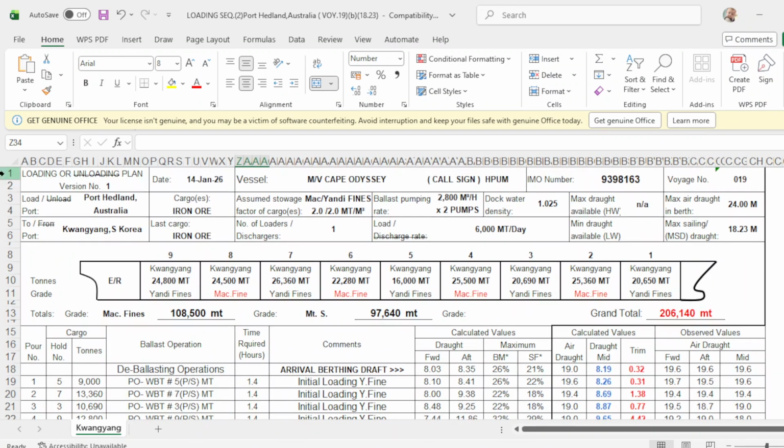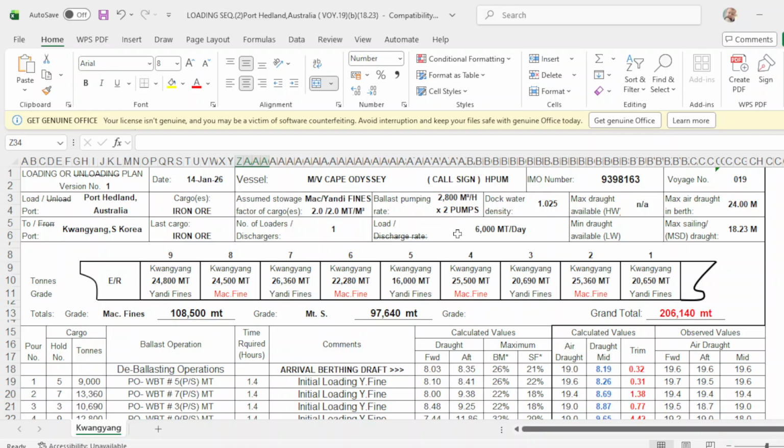Now the loading port is Port Hedland, and to discharge in Gwangyang, South Korea. The cargo is iron ore, and this is the assumed stowage factor, and ballast rate of 2,800 cubic meters per hour by 2 pumps.